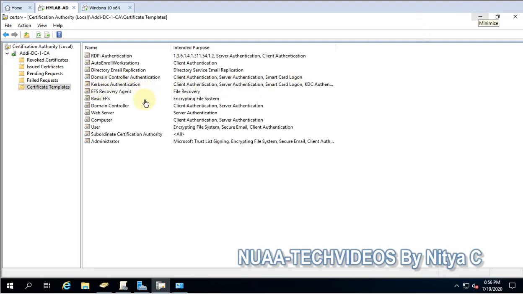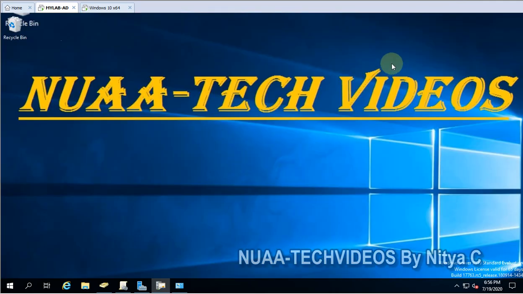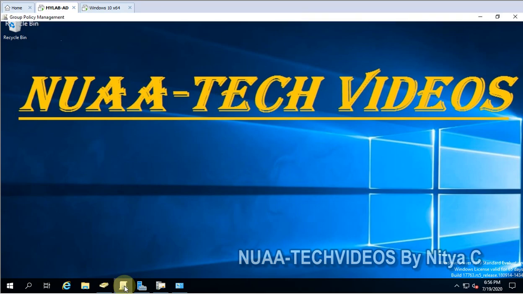So the template is ready to issue. Now we have to configure the group policy to use that. So open the group policy.